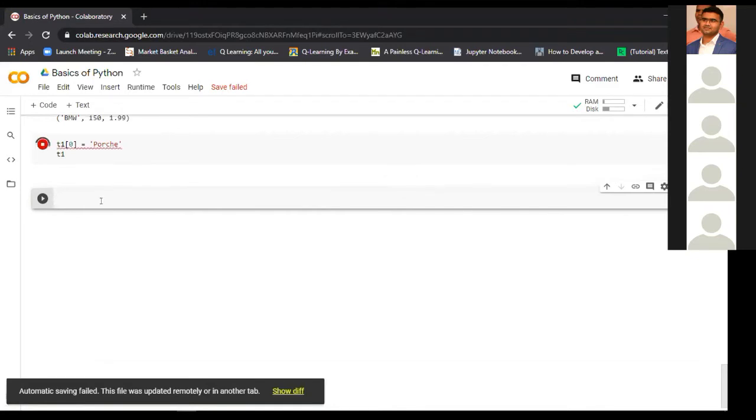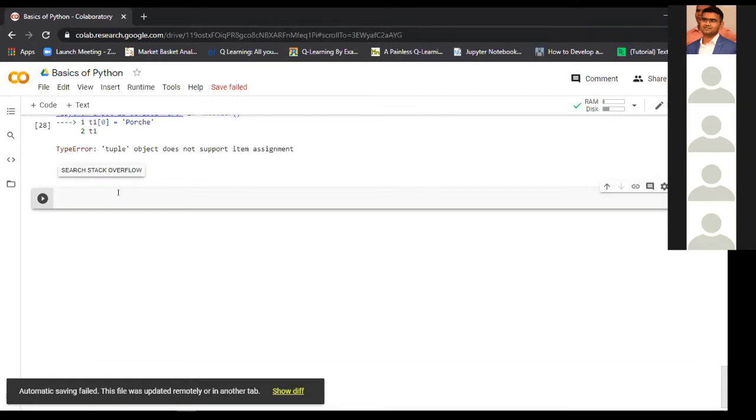Yes, as you can see, it is showing that the assignment is not allowed. Tuple object does not support item assignment. So that's the one thing about the tuple. This is the only difference between tuple and list: we can change and manipulate the elements in the list, and we cannot change the elements in the tuple after declaring them. So this is it about the tuple.